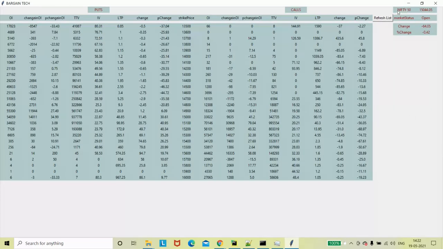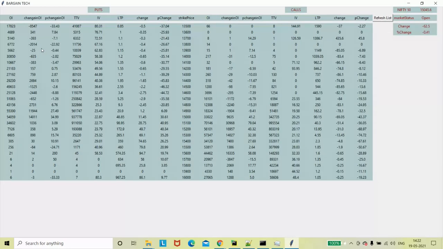another thing that I want to show you is I have also added the Nifty 50 here. You can see what the change is, the percentage change, what is happening. And the good thing is that there's no need for those heavy Excel softwares in which they show where short covering is happening, or where the call writing is.